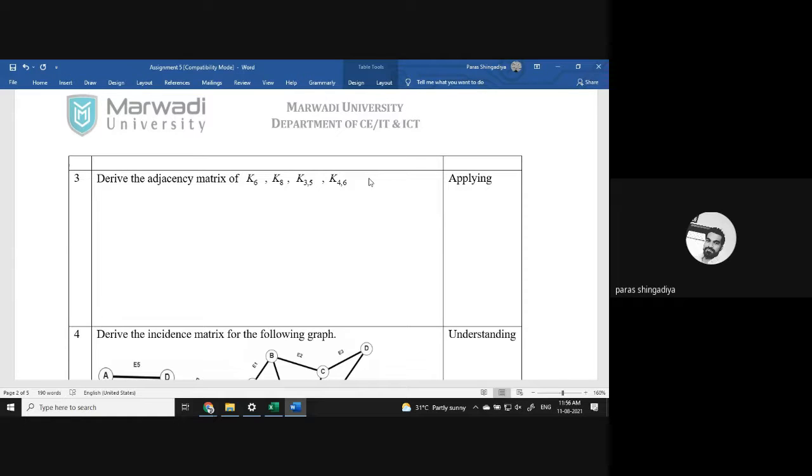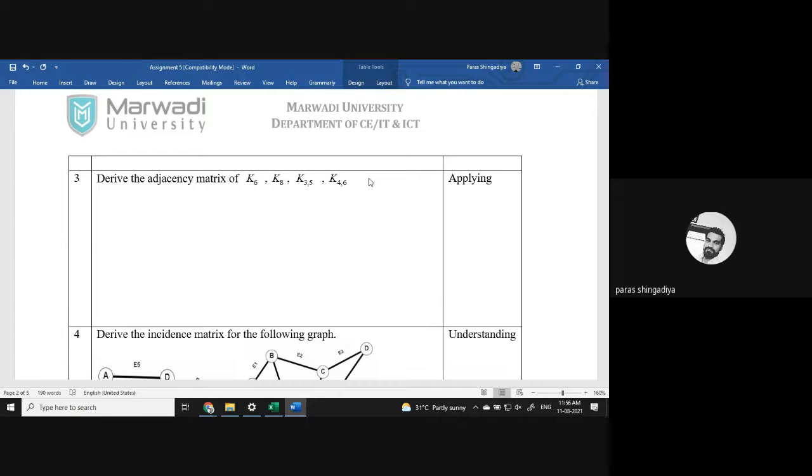Clear? There is one fixed design. K6 has only a fixed design. K4 has only the fixed graph. Petersen is only the fixed graph, a fixed shape. You cannot modify it. You cannot remove the edges, you cannot add the edges, you cannot remove a vertex either. Clear? So these are some special graphs.